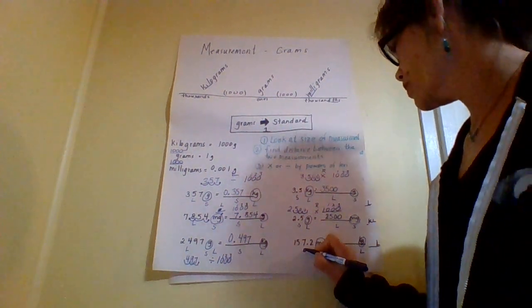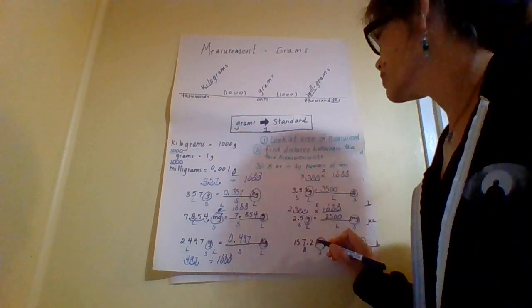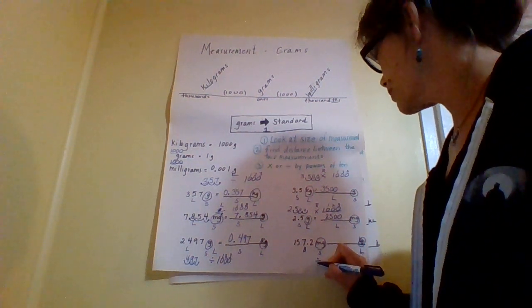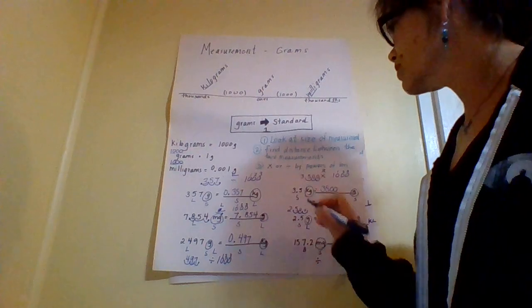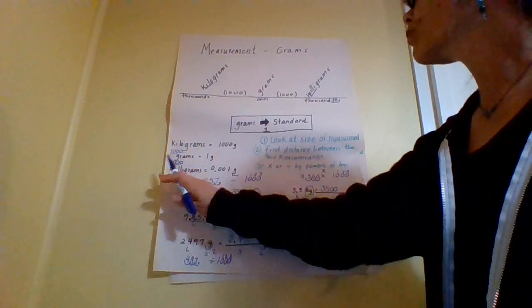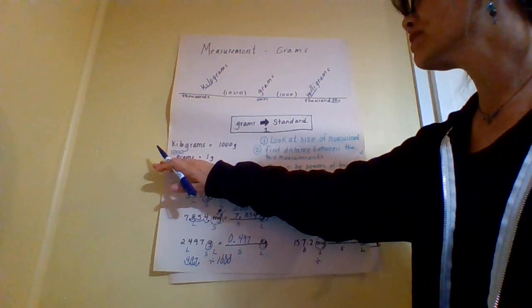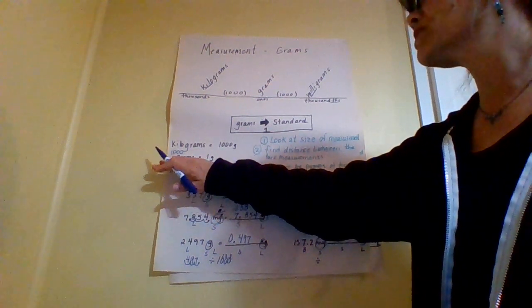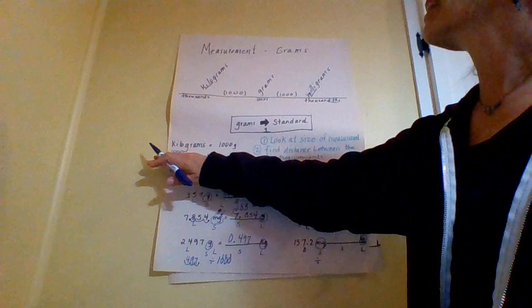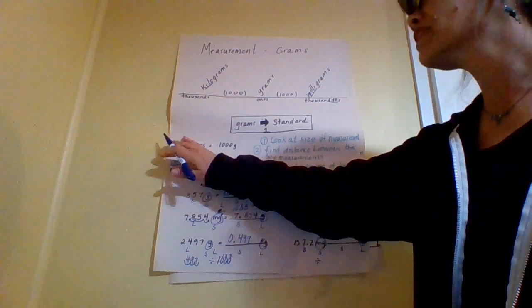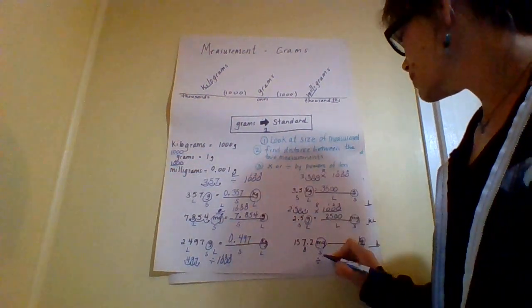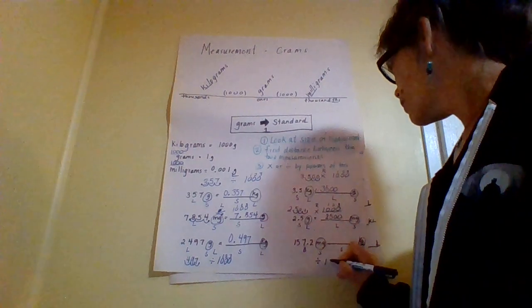Because this is the bigger one, so this is the smaller one. So now we know we're dividing. And now we have to look at the distance between the two. If we start at milligrams and we jump 1,000 milligrams to get to grams, and then 1,000 more to get to kilograms,